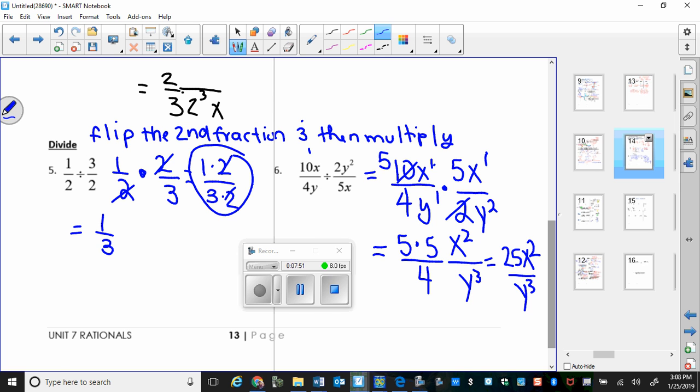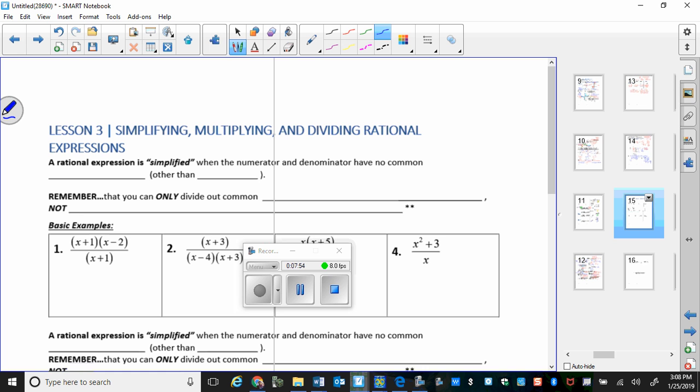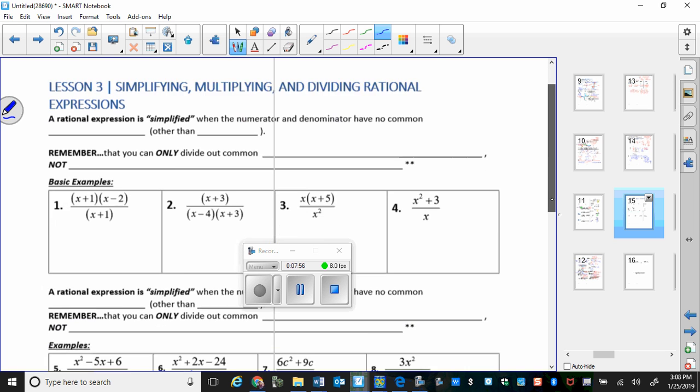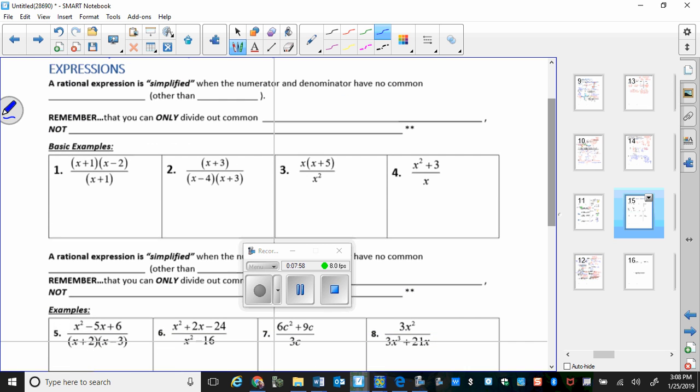Okay? Now, we're going to be simplifying, multiplying, and dividing rational expressions. So a rational expression is simplified when the numerator and the denominator have no common factors other than 1. So I can't divide anything else out except for 1. Remember that you can only divide out common factors